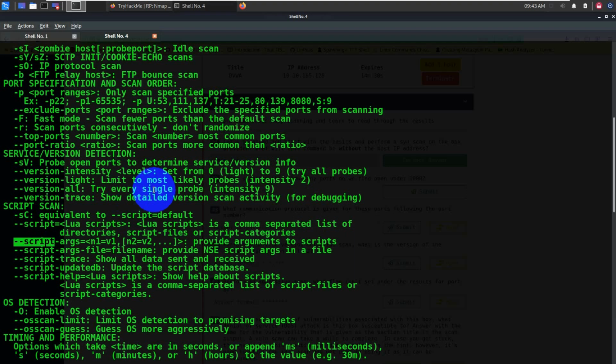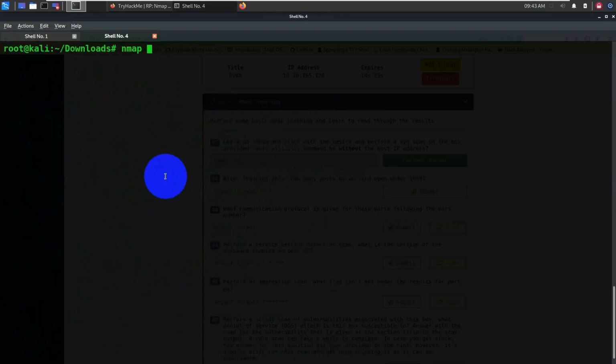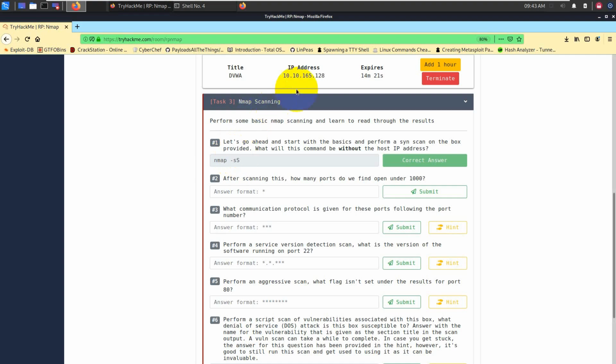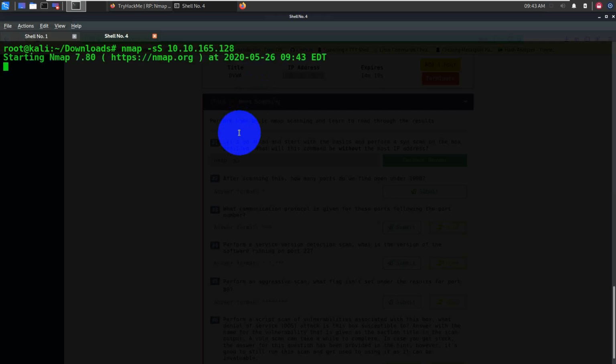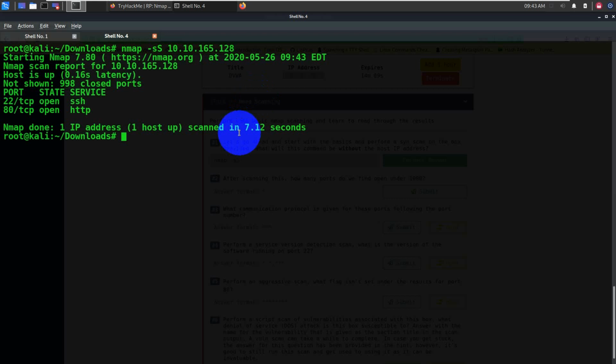Now to verify it, let's actually perform a scan so that we'll have a better idea. I will simply type nmap -sS and then provide my target IP address, which is this one. Since I'm connected to the VPN, this scan should go through without any hesitation. Whenever you use -sS, by default Nmap scans only the top 1000 ports, which we will talk about later. It has two ports open, port number 22 and 80. Note that there is no banner shown, like which version of SSH or HTTP is running, which you will see a bit later.